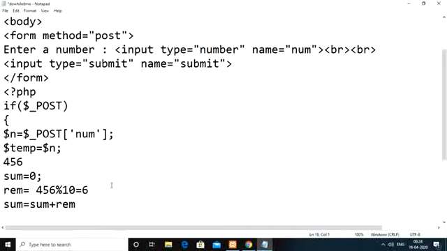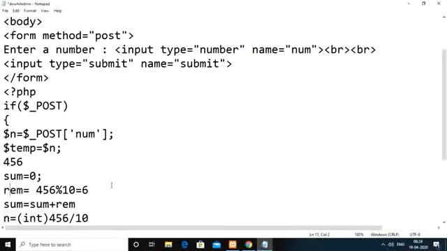So in order to get the next digit from the given number, after 6 we need to get 5. So here we need to update the number. The number we have as of now is 456, but from 456 you can't obtain 5. If you want to obtain 5, the number 456 should be converted into 45. From 45 the rightmost digit we can directly derive. For that reason, you need to divide the given number by 10 and convert the result into an integer, so that you get 45 as your input number. Okay, that one again we need to store back in n here.